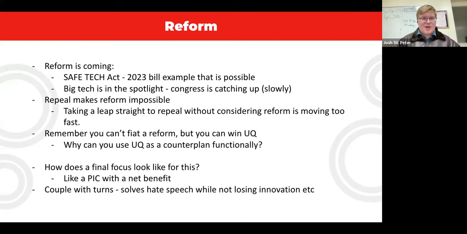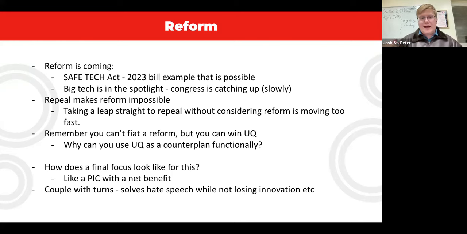However, you just can't fiat it, you have to prove it's already going to happen, which does mean there are arguments like time frame that come in, because fiat technically should be immediate and permanent, like in the normal way that we would see it. However, you could even possibly try to argue, yeah, we're saying counterplans aren't allowed in PF, but uniqueness allows you to functionally use counterplans without it being a counterplan. So counterplans are not allowed in PF, but using a good uniqueness argument makes the argument happen anyway. It is a natural result of the status quo.